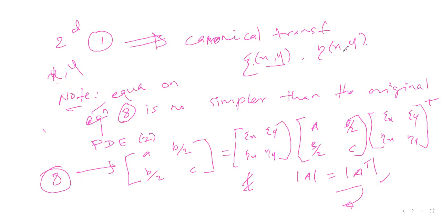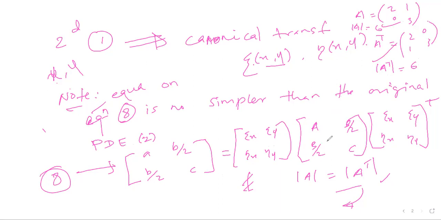For example, if I have 2, 1, 0, 3, let's say this is my A. So what about the transpose of this one? I need to write this one here, this one here. What is the determinant of this one? Let's say 6 minus 0, isn't it? 6. What about the A transpose? Again 6 minus 0, isn't it? So you can check for any 2 cross 2 matrix. So this is true. So they are saying if you take the determinant on both sides,